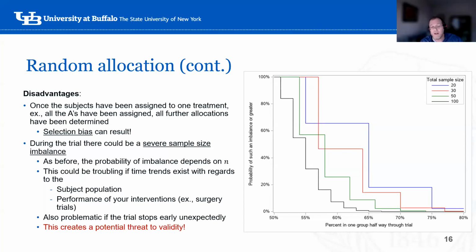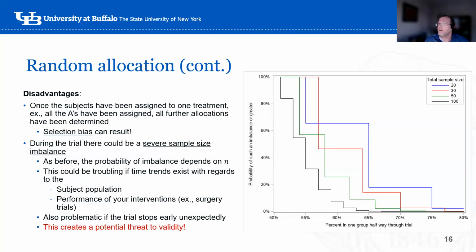And then a lot of our trials often don't go to the end, right? A trial will shut down early if you run out of time, you run out of money, or if something has changed in the population such that you no longer have equipoise, and then you can end up with an unbalanced trial